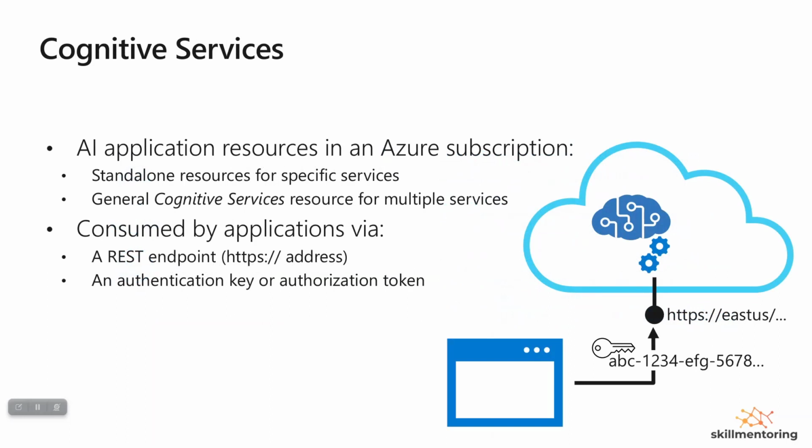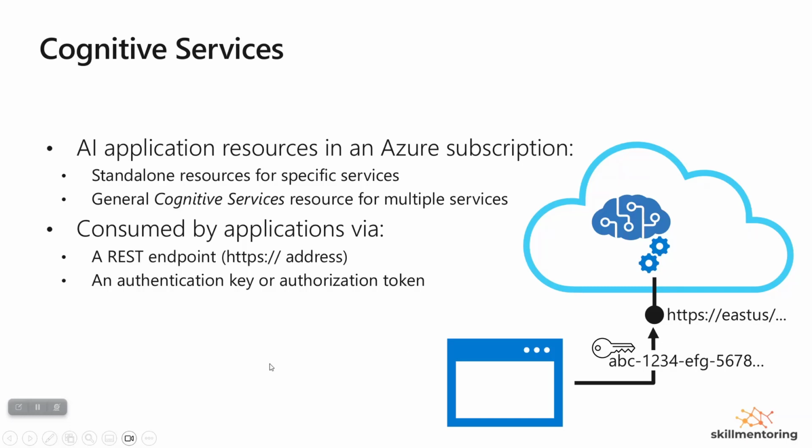When we talk about cognitive services, a cognitive service in an Azure subscription is primarily a standalone resource for a specific service. Now, general cognitive service resources are available for multiple services. These cognitive services can be directly consumed by the application by making a call to the REST endpoint, and each cognitive service has an address which is pointing to the REST endpoint. As you might see on this graphic over here, it is pointing to an endpoint where the cognitive service is waiting for the signal, and whenever an application makes a call, the authentication token has to be supplied while making the call.